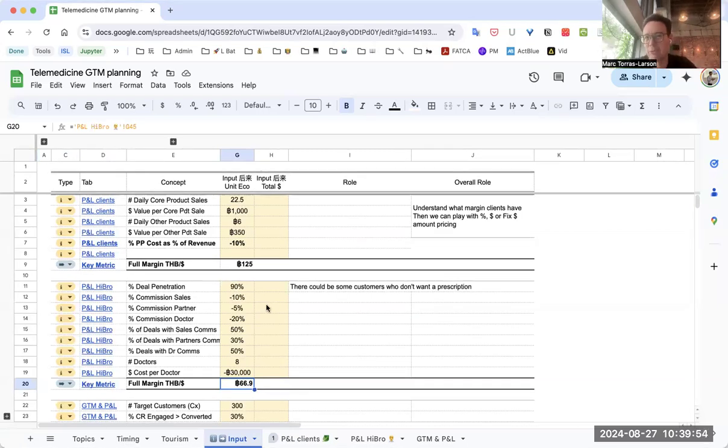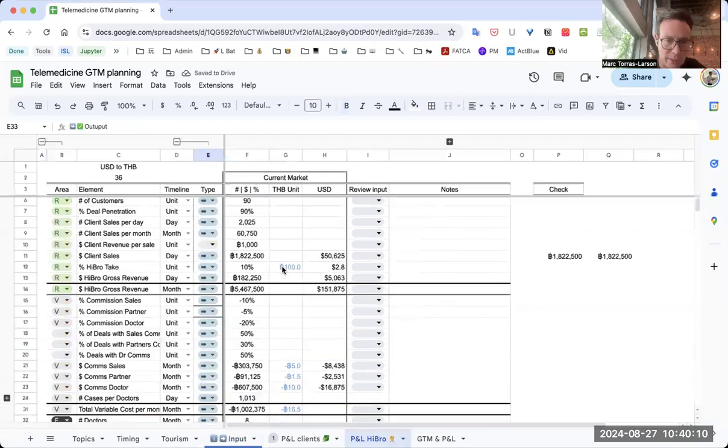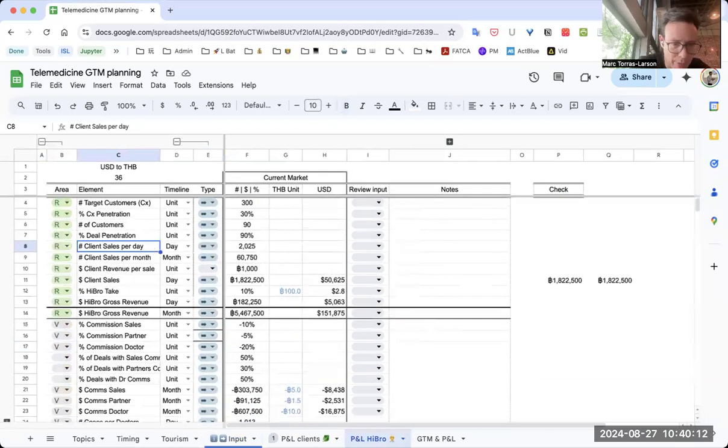Why? Because HiBro has a very different cost structure in terms of space and employees and all this. Okay. Then the other variables that you need to look at, because this affects both numbers, is the other deals by doctor. This is quite important because when you run these HiBro numbers, they are